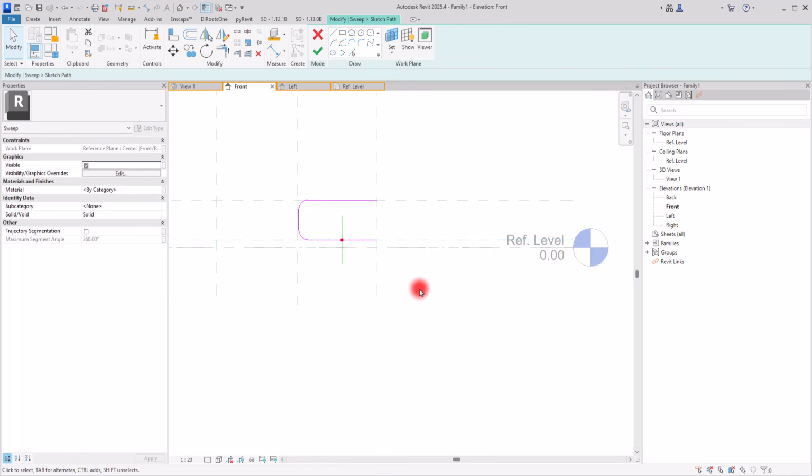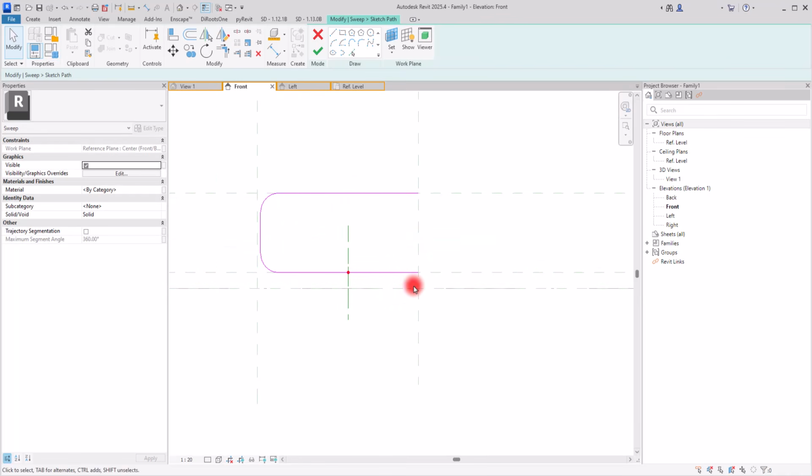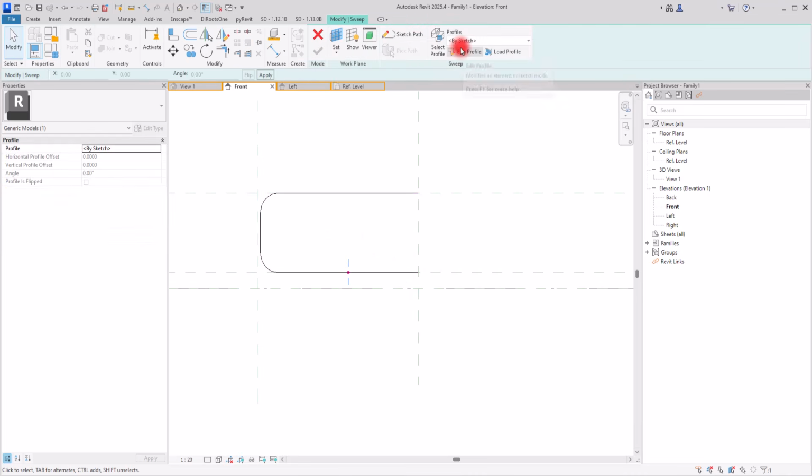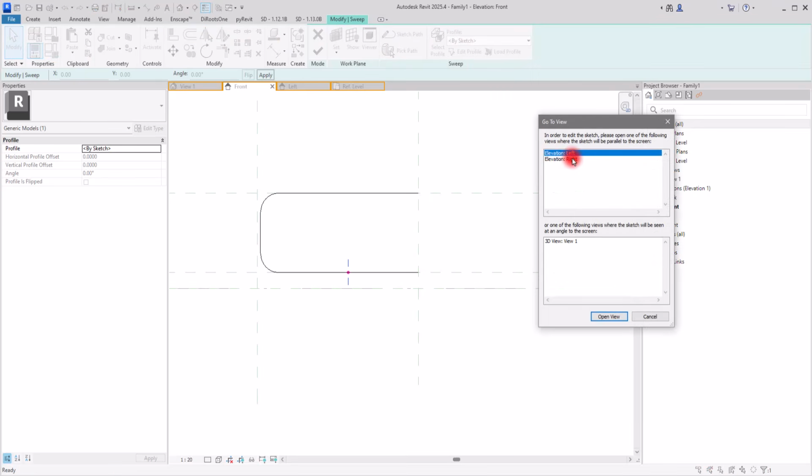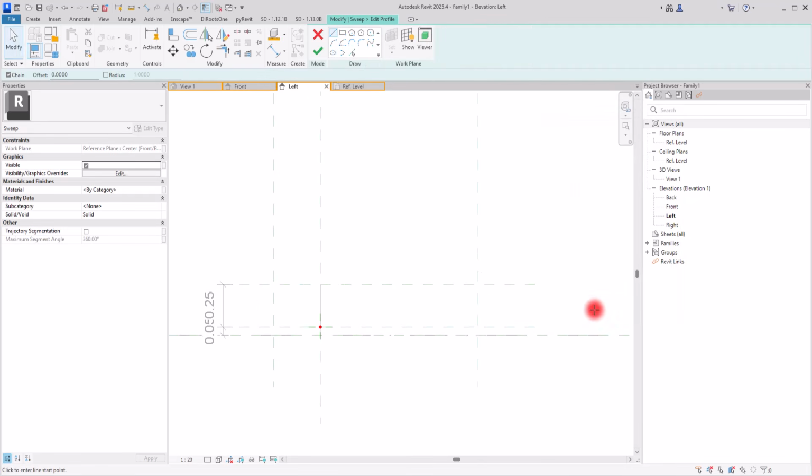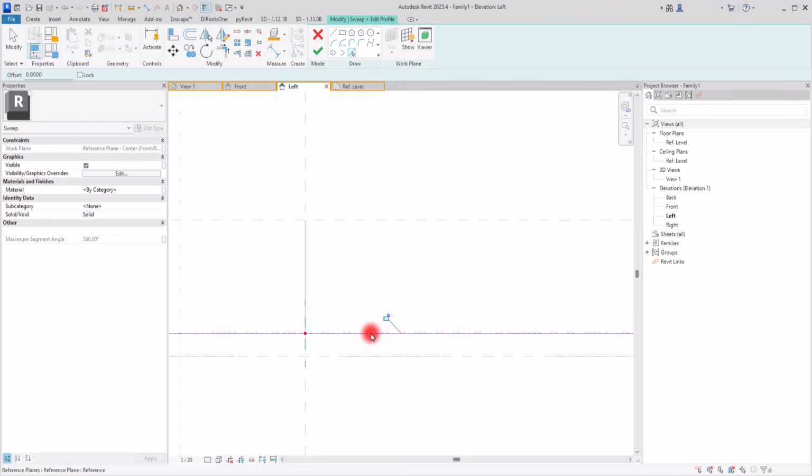Okay. Now this will be the profile that we are going to use. I'm going to hit finish and we are going to go to edit profile in left or right view, or you can go to the 3D view. I'm going to go to this left view and in here I will create my rectangle in just one side in here with 1 centimeter or 5 millimeter offset. Let's go with just 5 or maybe 7 millimeter. I'm going to create one